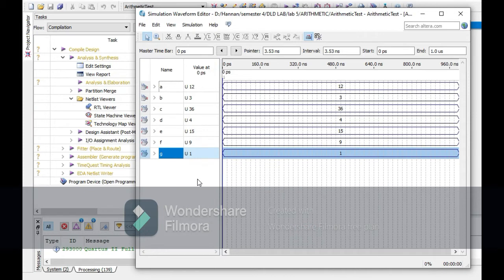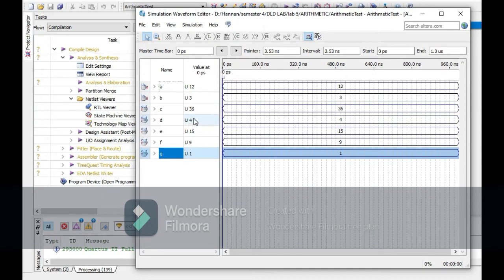I have changed all the outputs to unsigned decimal. Output C is A multiplied by B, so you can see the output is 36,